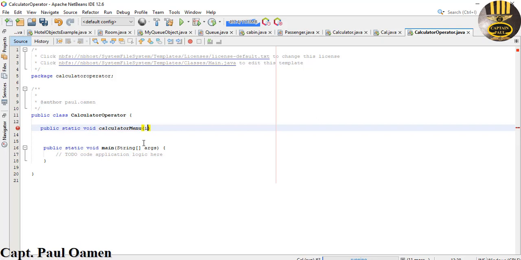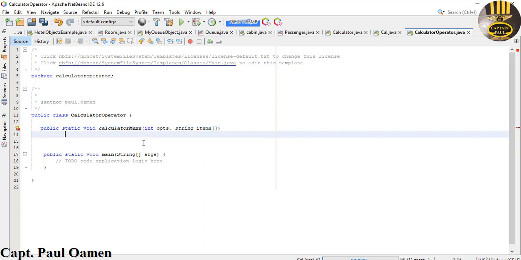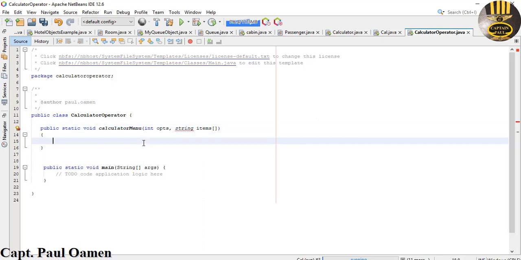Open up parentheses, and I'm going to define the following argument in there. I'm going to call that ops, and the second one is going to be string, let's call that items, and that will be an array. Come out of it, enter curly braces. Now let's make this one an array as well, and that should be uppercase. There we go. Now in here, let's start by saying system